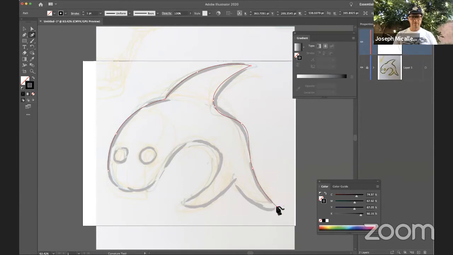The tip of the fin, the sharp corner. Double click in the middle there. Tip of the fin is sharp, so double click. And I don't think I double clicked there. Then do that. Do that, and then come all the way around. So this is my